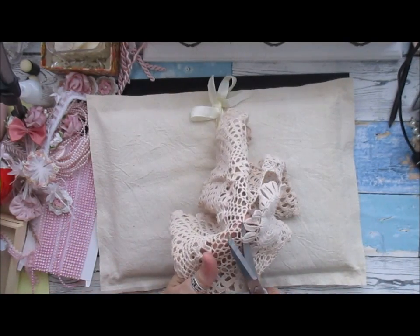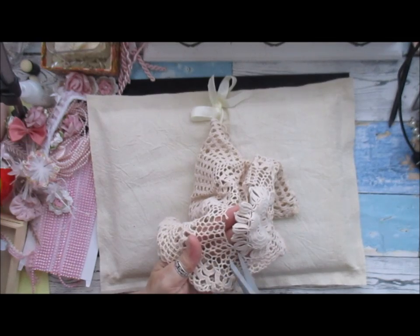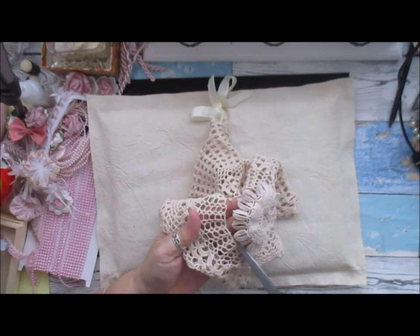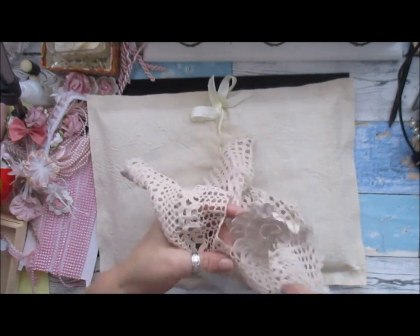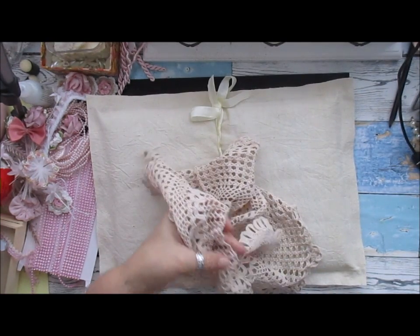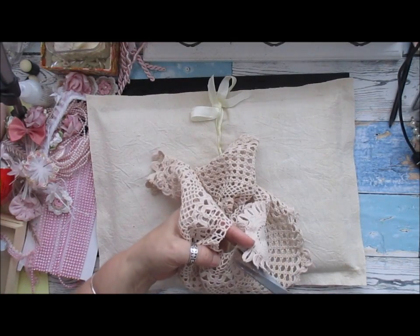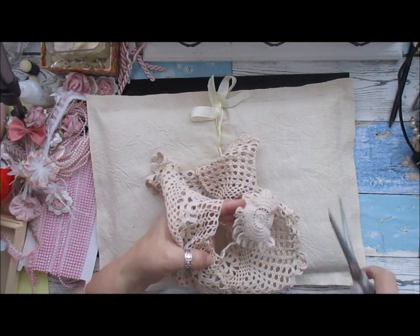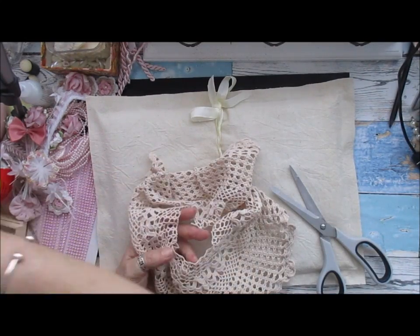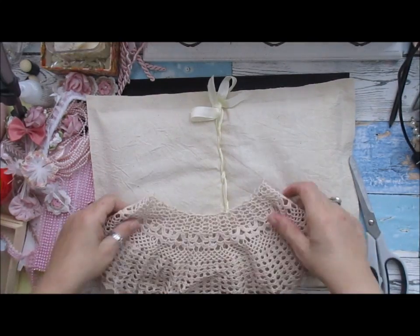Like I said before, in the last video I was showing you how to cut a doily. Every single stitch, every single link is exactly what it is, a link. So it won't come undone when you cut the link. When you've got 2 pieces like that, like that flower's joined to the doily edge, it's just a link holding it together. So that's all I'm snipping. And that's a lovely kind of frilly